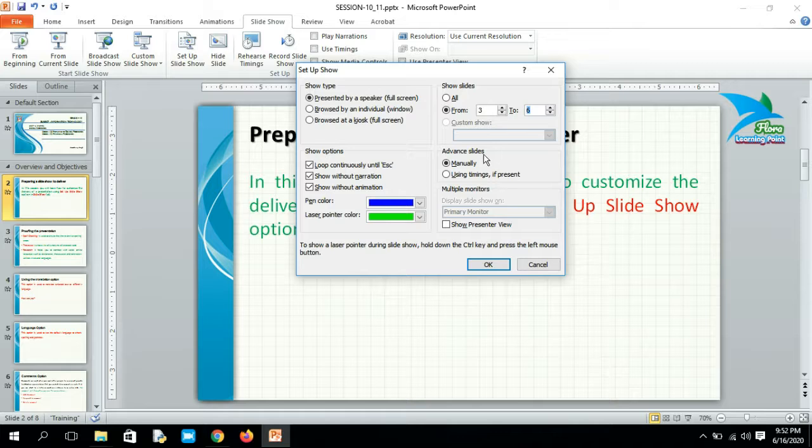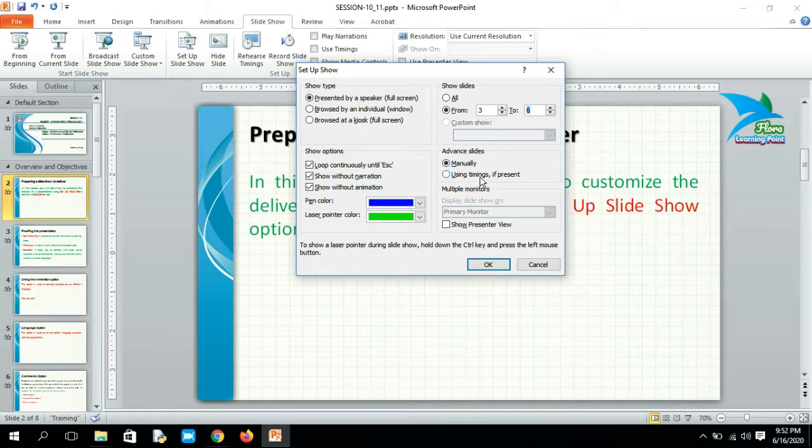And next we have advance slides. Advance slides means by which action you want to display the next slide. First is manual, by pressing Enter or by using a mouse click, that is the manual way to show the next slide. Or you can use the timing, if present.